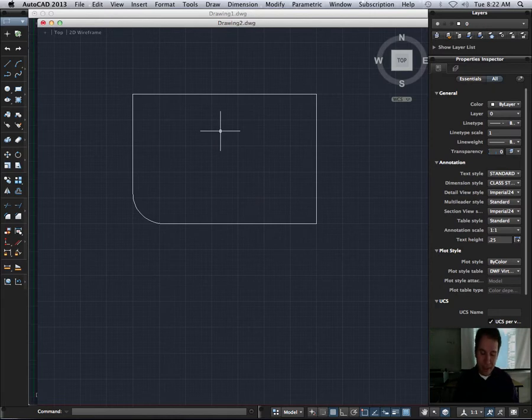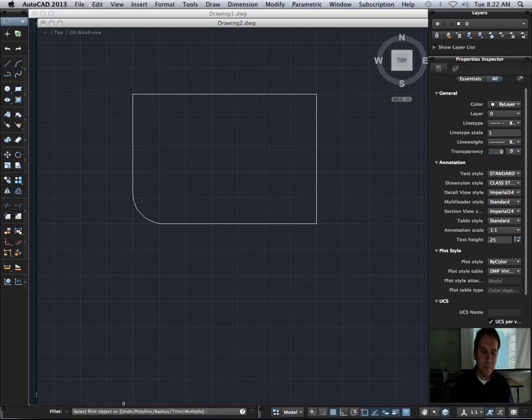The way we run this command is type it, and then the first thing we'll notice in our command bar at the bottom is it's saying to select our first object, and we've got all our typical options here. First thing we want to do is set a radius. So I'm going to hit R for radius, and it's letting me know that my current radius is set to 0, which wouldn't round my edge at all. So say for this drawing, I needed a radius of 0.5, so I'm going to type in 0.5,